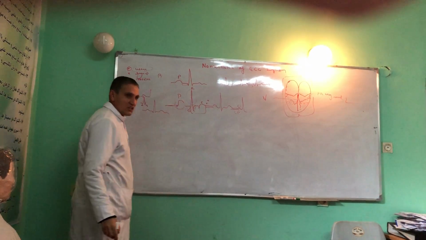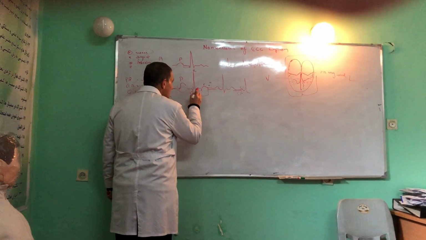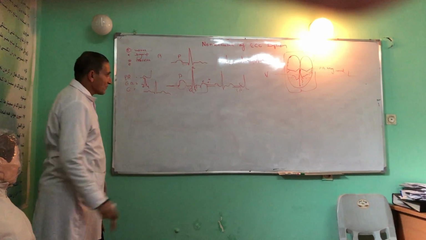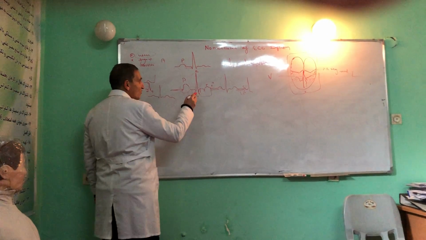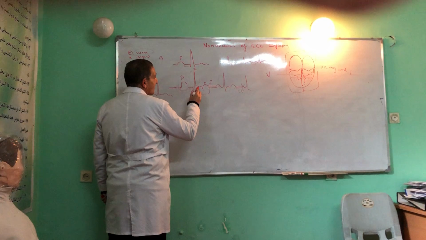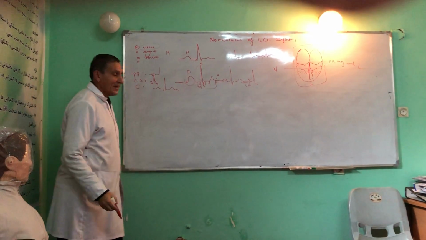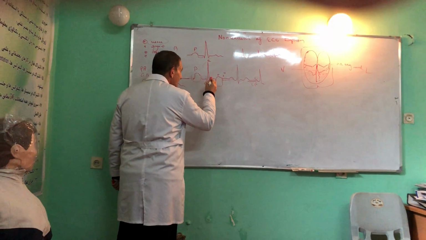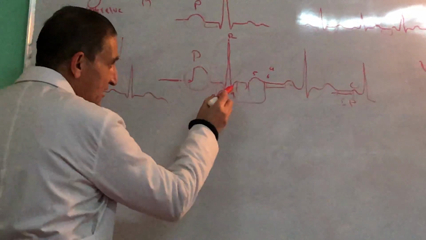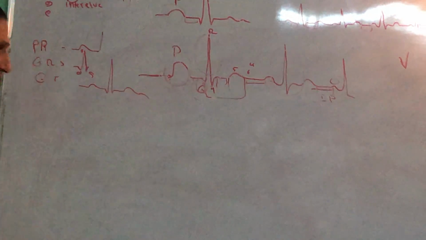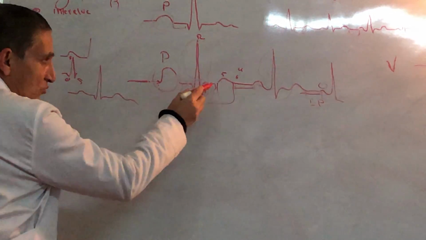ST segment also gets 3 small squares. Why is the ST segment very important? Calculation of the ST segment starts from the J point. What does J point mean? The J point is the part where the ST segment connects to the S wave, and they make an angle. This angle is called the J point. So this is very important. The clinical role of the ST segment, especially measurement of the ST segment, should start from the J point. This was about the ST segment.